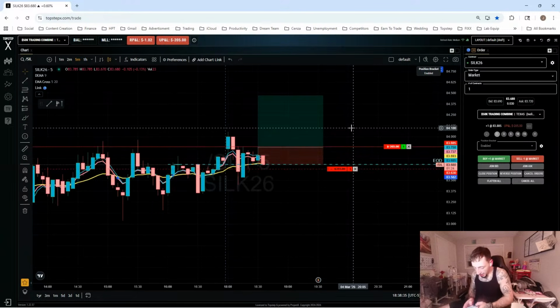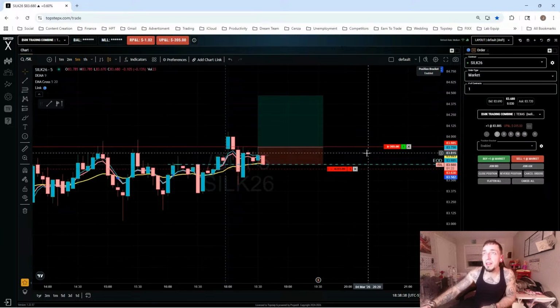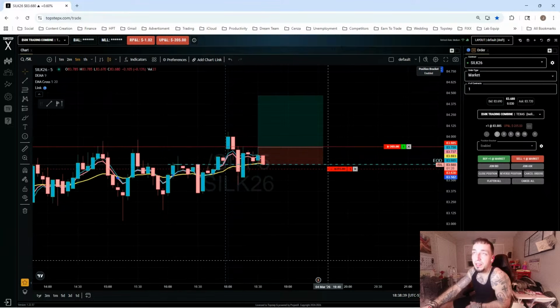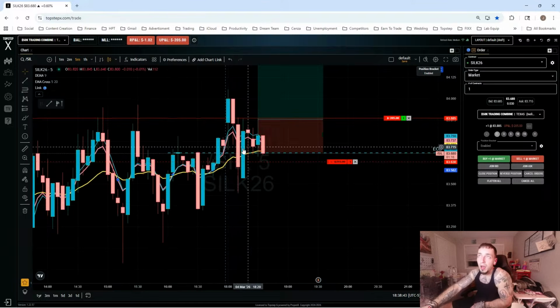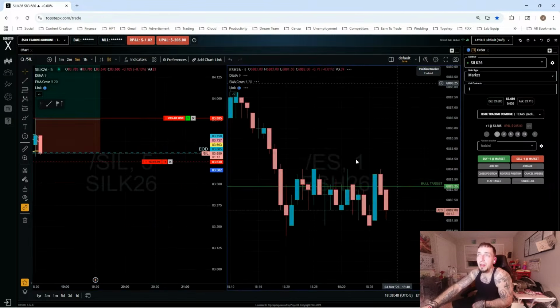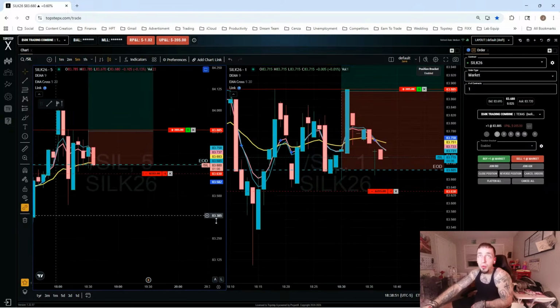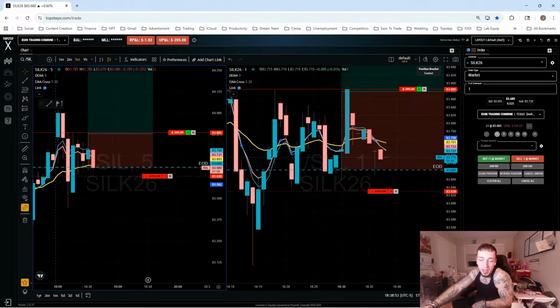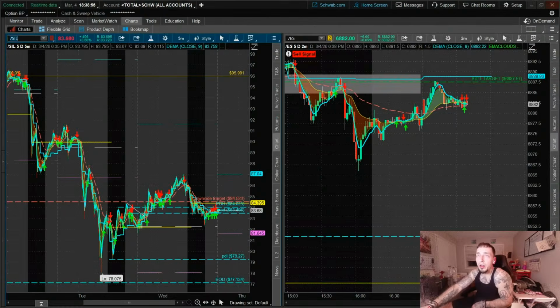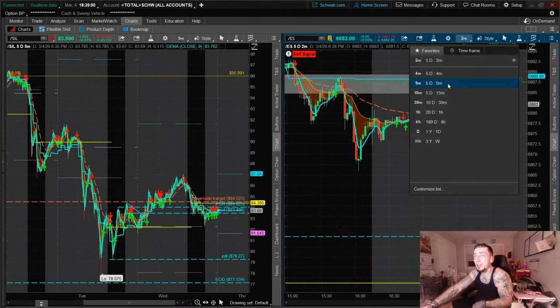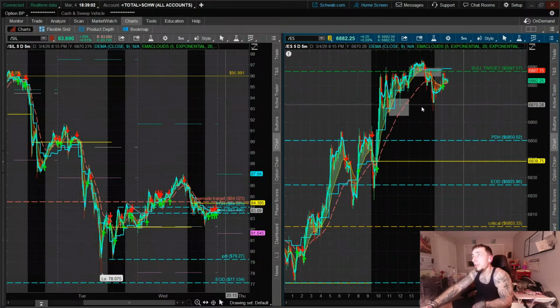All right, buyers looking a little weak. It's a flat 20, so it makes sense. Buyers looking a little weak, but that's all right. Let's pull up multiple time frames here. End of day still holding though, so we're gonna let her do her thing. Let's take a look at ES and NQ while silver plays around.